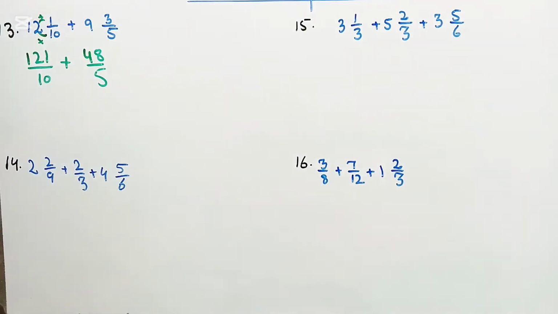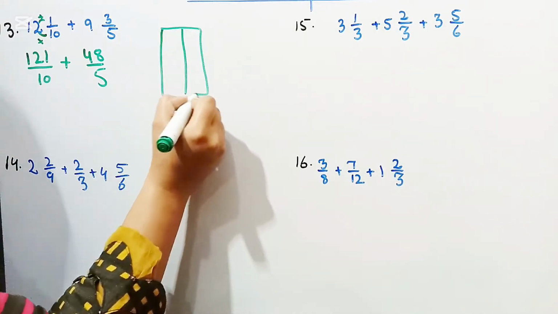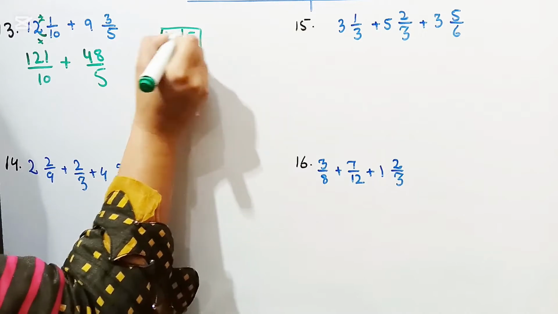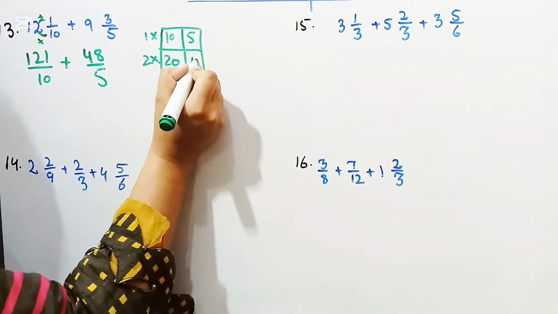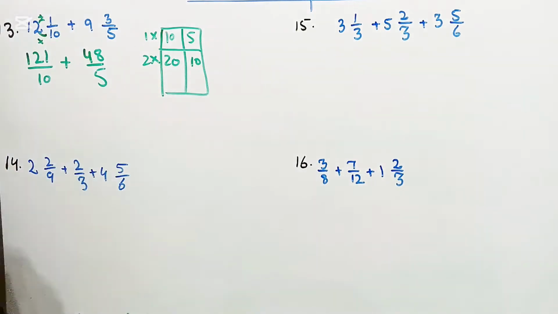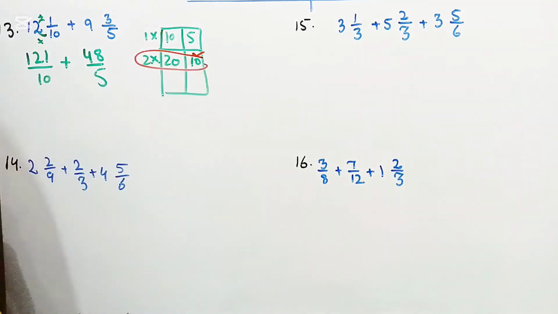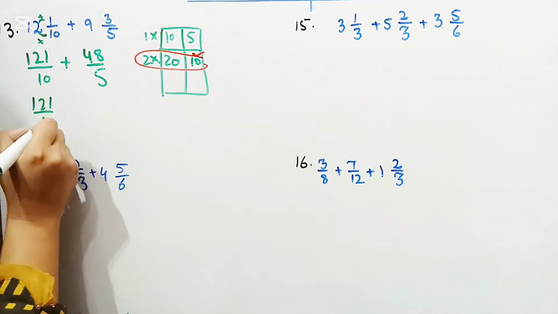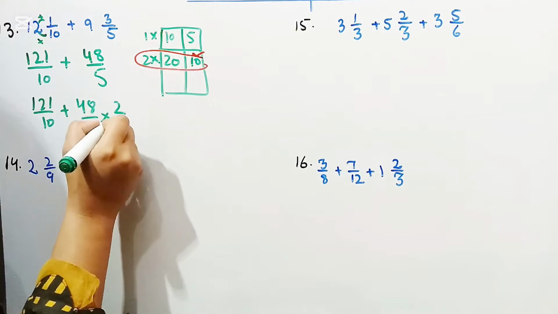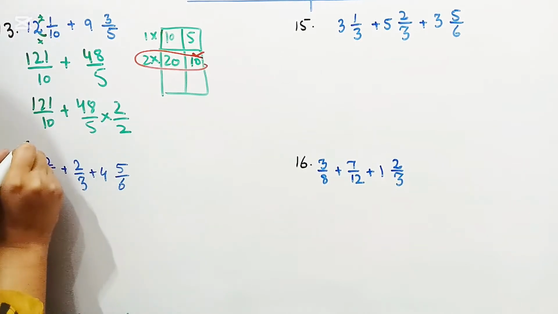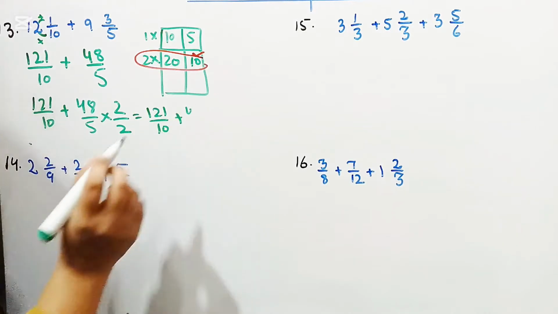Then we see the multiples. 10, 5. 1 multiplied by 10 by 5. 2 multiplied by 5 is 10. Now we find the same denominators. 121 divided by 10 plus 48 divided by 5 multiplied by 2. 2 multiplied by 2. My answer is 121 divided by 10 plus 48 multiplied by 2,